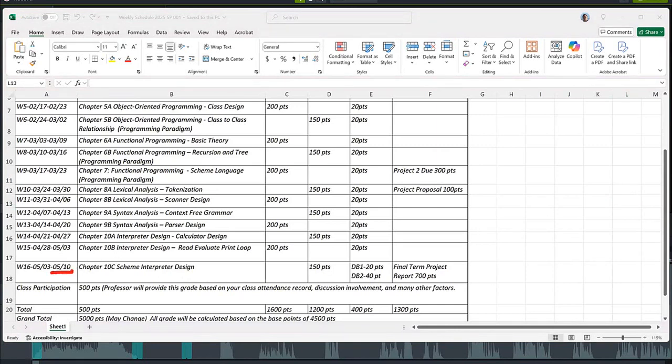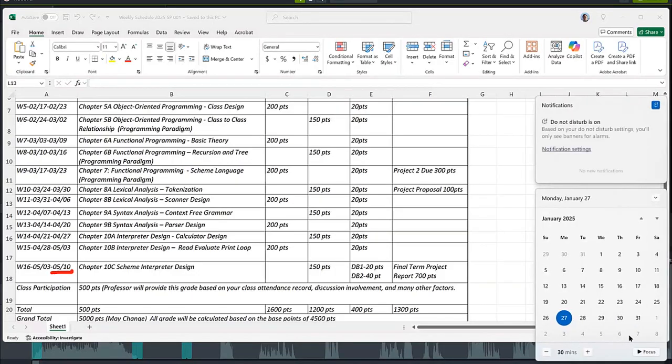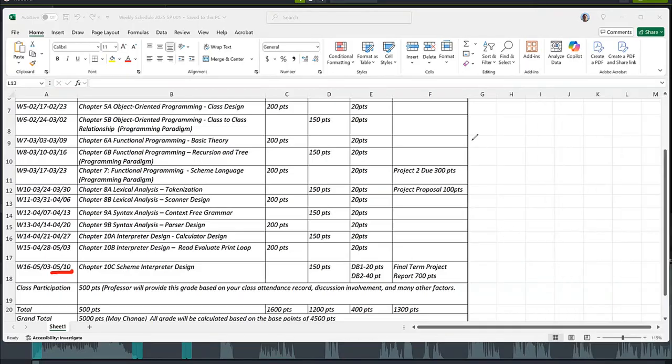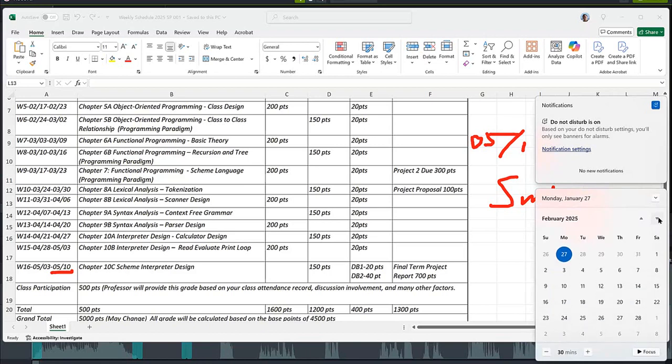Let's look at the calendar. May 10th is supposed to be the last day of the class, so our real due date is May 11th. That's a Sunday. Let me double check. May 11th is a Sunday. Yes, it is a Sunday. So May 11th, Sunday night,